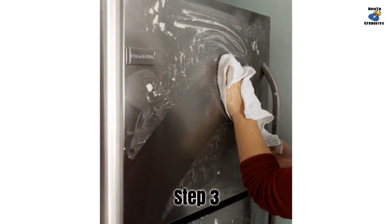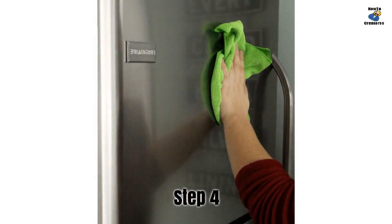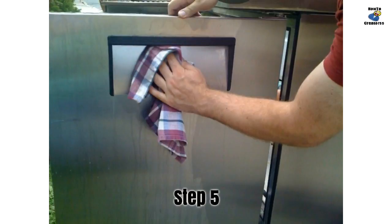Dip a rag into the paste, and rub the paste onto your stainless steel appliances. Then gently wipe the paste off with another wet rag. After cleaning the spills and debris off the stainless steel surface with the paste, follow the treatment with a polish